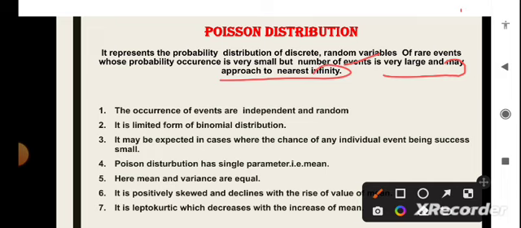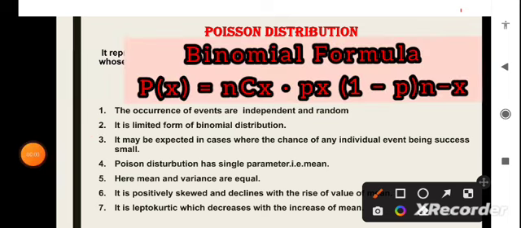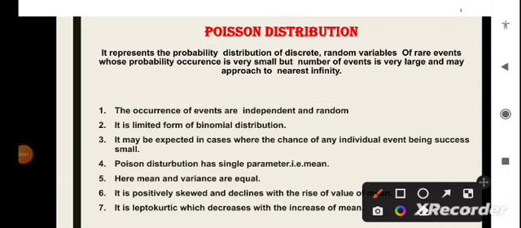There are certain characteristics of Poisson distribution. First one is that the occurrence of events is independent and random. Second one is that it is the limited form of binomial distribution. So, it is basically applicable to the events where the binomial expression formula can be used. Third property is that it may be expected in cases where the chance of an individual event being a success is very